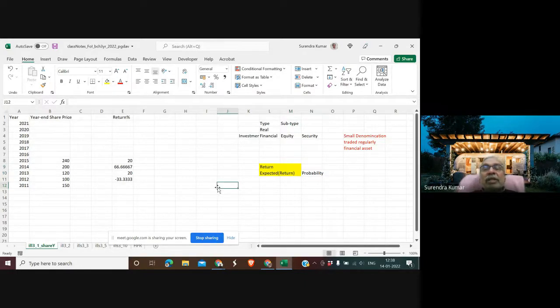What is the difference between return and expected return? Whatever we have calculated so far is the return. Now we want to calculate expected return. I have not shared that story with you on the WhatsApp group, but let's take a story recently emerging in the market with reference to some shares. I am talking of a specific share, Vodafone Idea. Anybody who can update the class? What is the latest about Vodafone Idea? What is it that we are hearing?